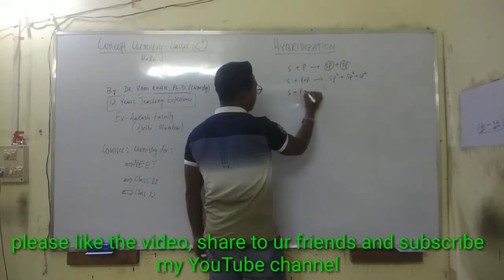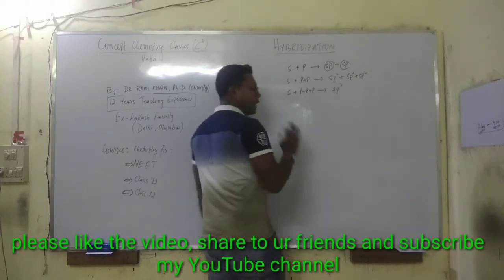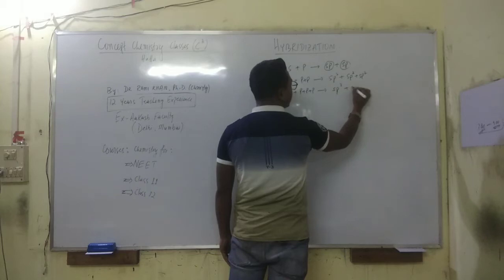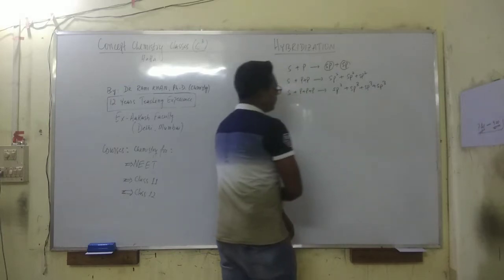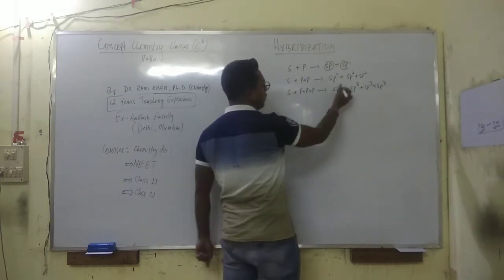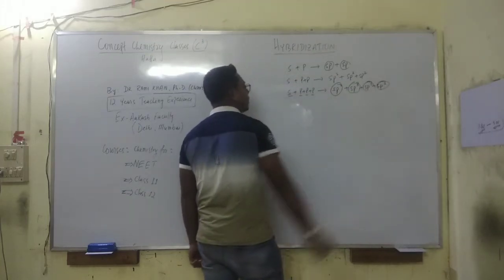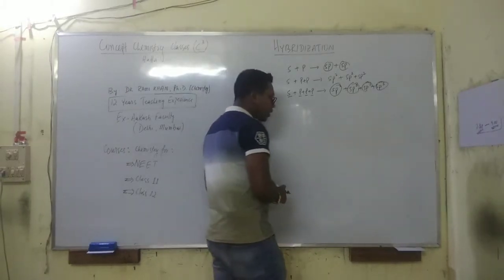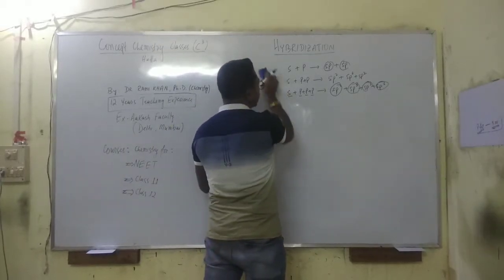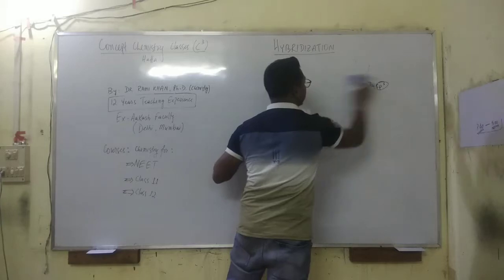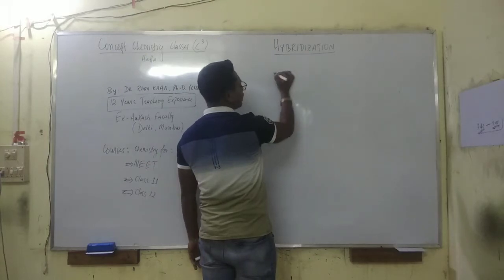Similarly, one s and three p atomic orbitals overlap to form four equivalent sp3 hybrid orbitals. This is very important to note here, that the number of hybrid orbitals formed will be equal to the number of atomic orbitals overlapped. Now, the trick to find out the hybridization of the central atom is that there is a formula to